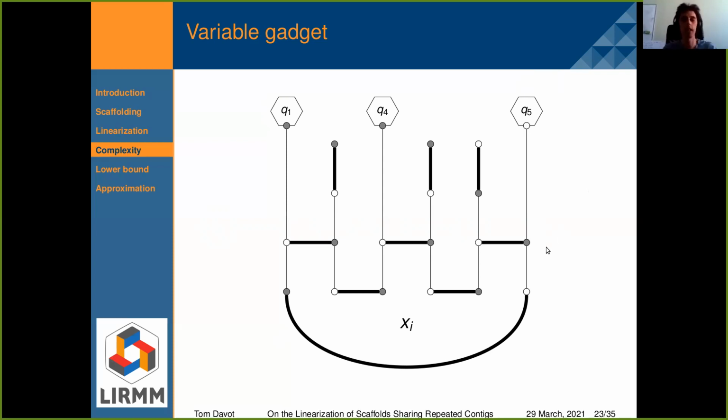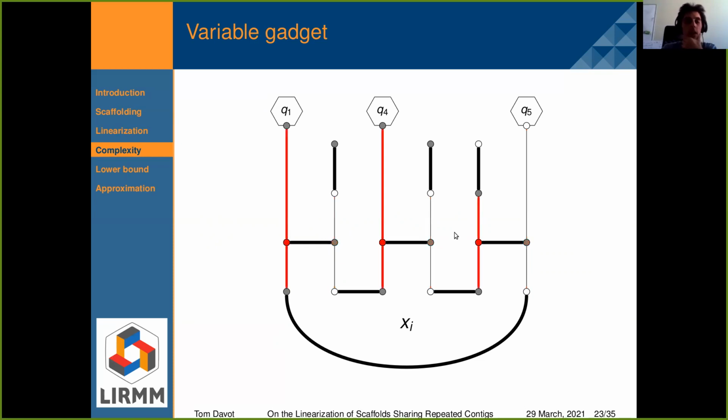And for this gadget, I have 2 possibilities to clean every matching edge. So the first possibility is to cut every white vertex on the top. And the second one is to cut every gray vertex on the top here.